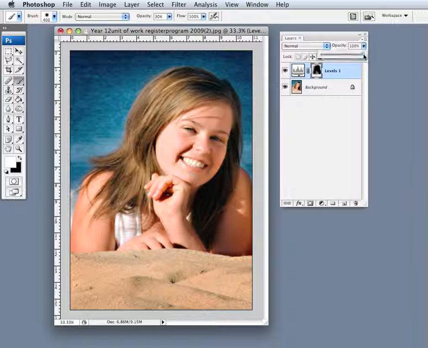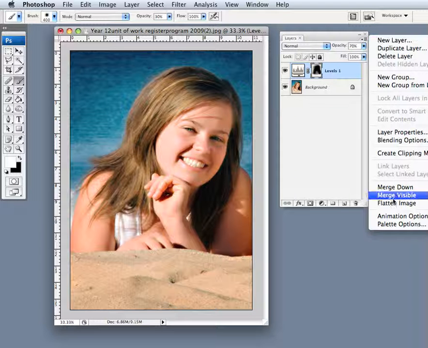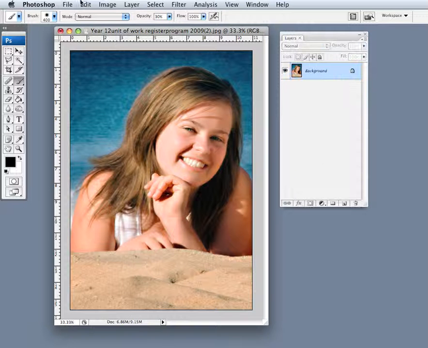And then additionally we can control the effect of that layer mask and layer itself by reducing or increasing the opacity. And it's a good idea to do that whenever you're applying a very severe change to the background. So I think that looks pretty good. When you're happy, flatten the image, save it,